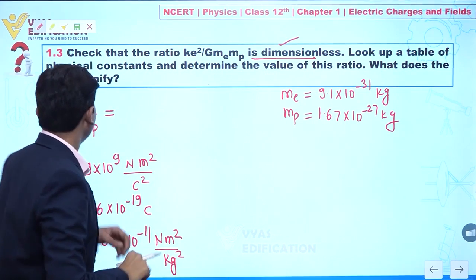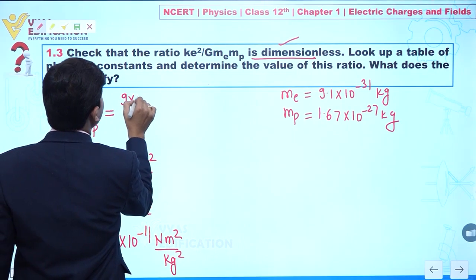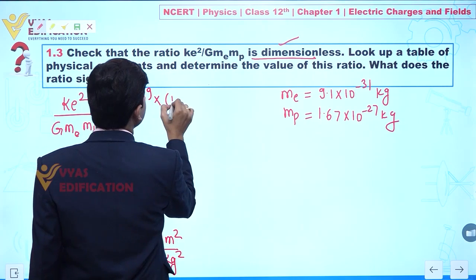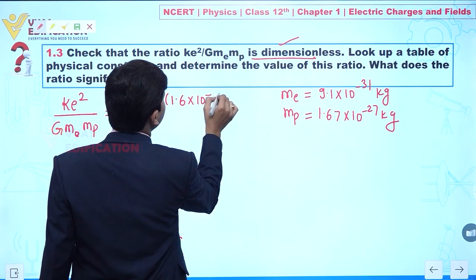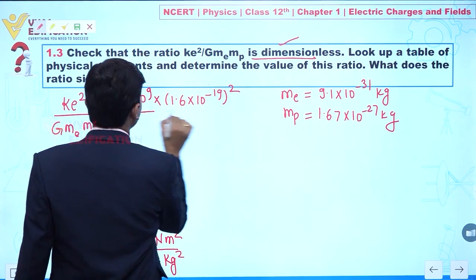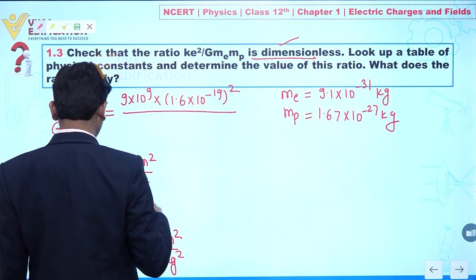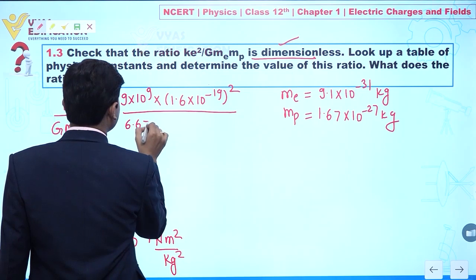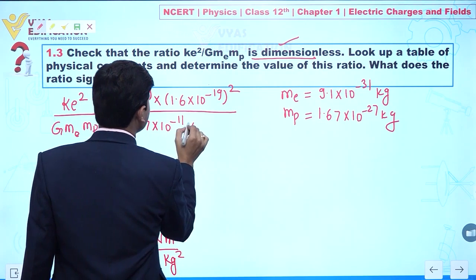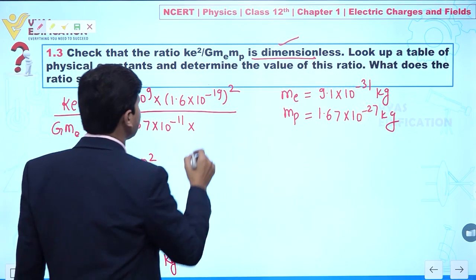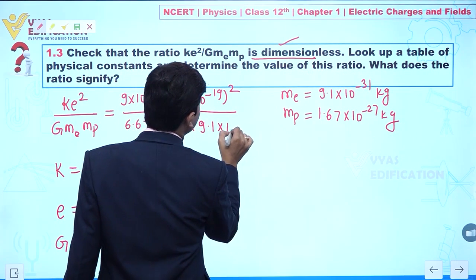Listen carefully. So the value of K is 9 into 10 to the power 9, into the charge of an electron, which is given by (1.6 into 10 to the power minus 19) whole square, divided by the value of capital G. The value of capital G is 6.67 into 10 to the power minus 11. Clear? And the mass of an electron is given by 9.1 into 10 to the power minus 31,